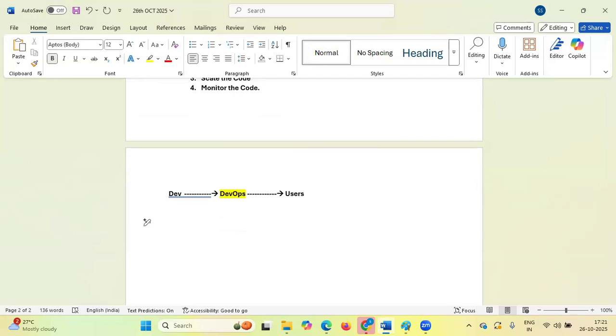Next, we are going to discuss SDLC. This is very important. First of all, why we have to understand SDLC as a DevOps engineer. Everyone should have understood, or may already be using, Agile, right?